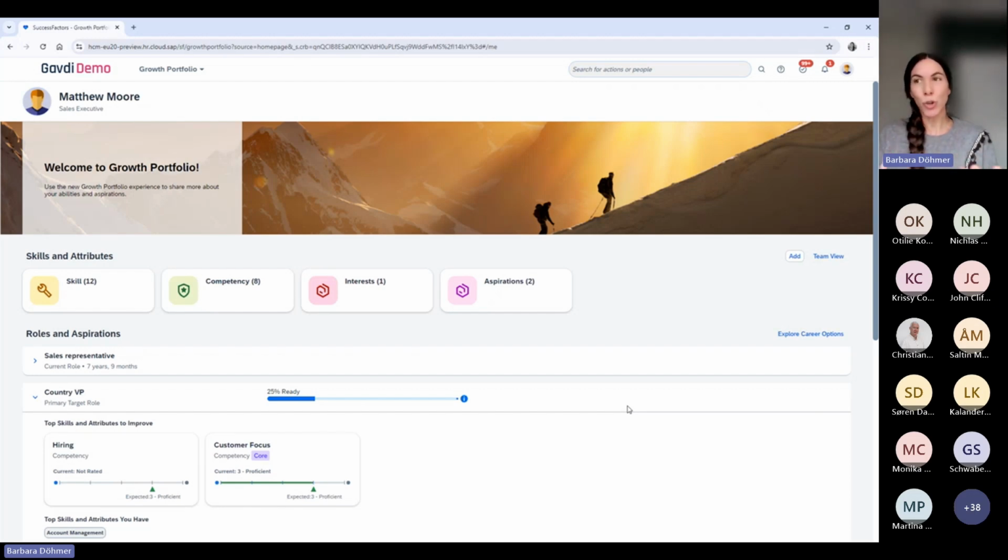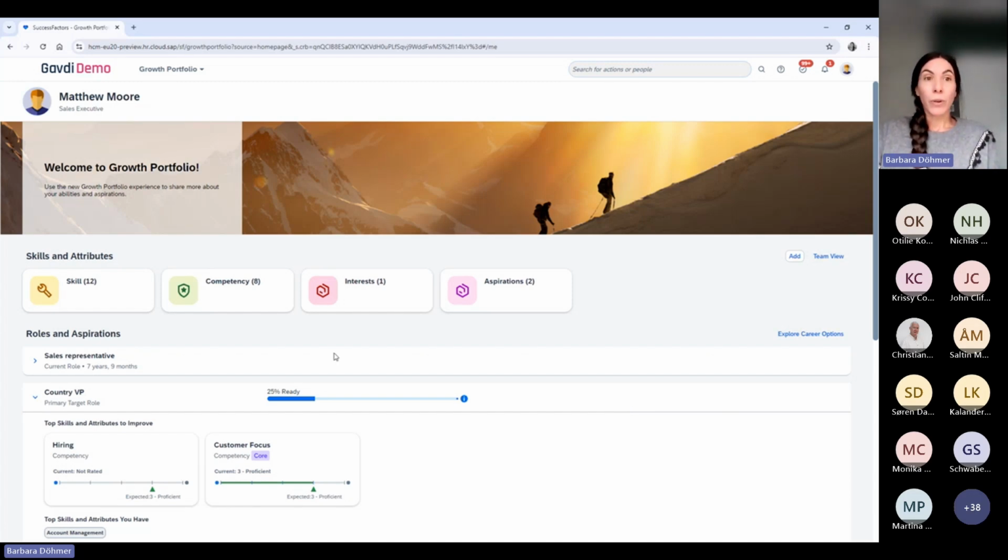I wanted to start the demo from Growth Portfolio and then move into Opportunity Marketplace, just to show that connection that Nicolai also mentioned: nowadays it's a separate modular solution, but it connects to all of the modules and all of the solutions.